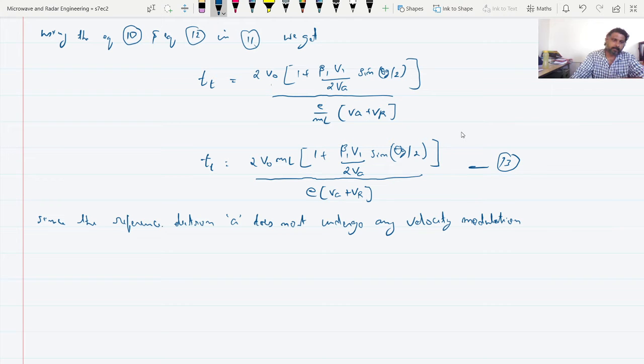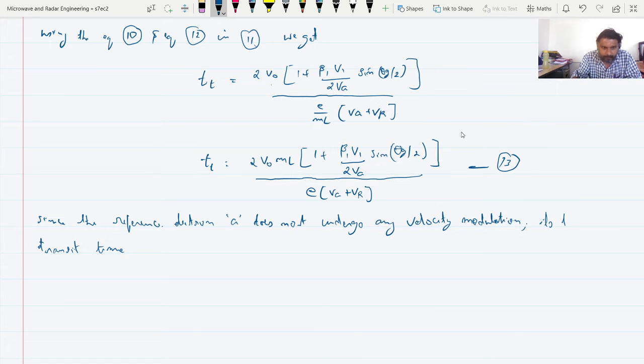Its transit time in the ripple space is given by